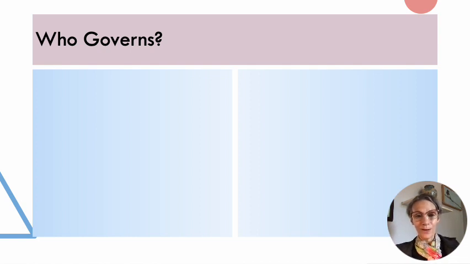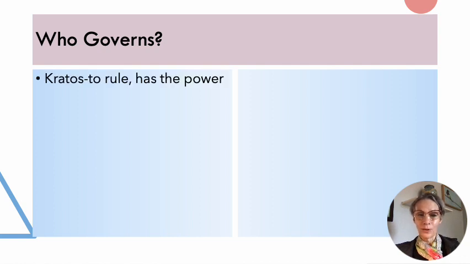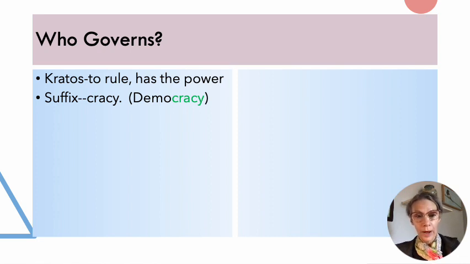Now, as you were reading about different forms of government in your textbook, you probably noticed a common suffix with the words that refer to different types of governments. And that suffix that you see is what's in the green there, the cracy, okay? And so you might be asking yourself, well, what's that telling us? What's that cracy telling us? Well, it's telling us that it's some sort of rule, okay? It's blank rule, okay? And so cracy is derived from the Greek word to rule, or who has the power,